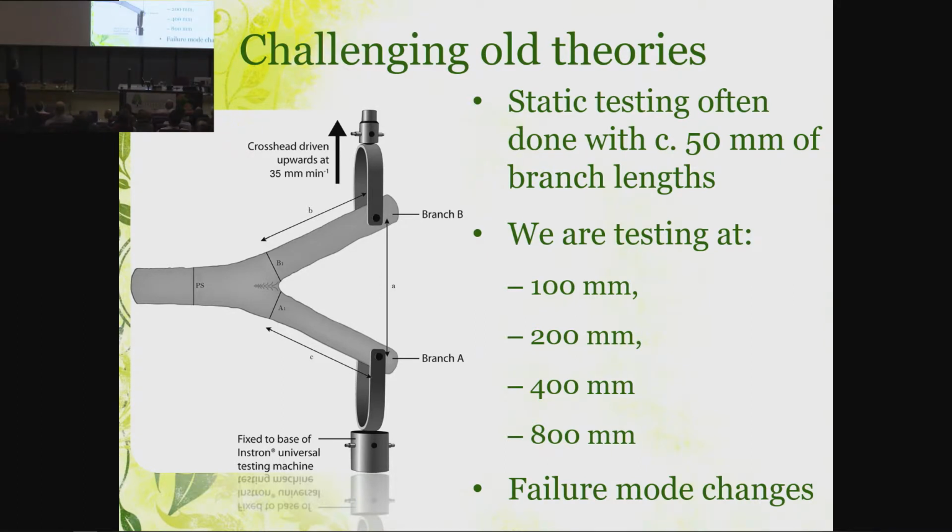Right, okay. So we've actually done, I'm only part of the way through this experiment, but it's looking very good, so I will share it. Some of this data about the codominants being weak comes from papers where they've essentially pulled them here in a machine. Okay. Are they loaded like that in reality? This is actually about a 4-meter long branch. So all we simply did was we loaded it at 100 mil, 200 mil, 400 mil, 800 mil, the same sort of size junctions. As soon as you started getting 400 mil, some of the branches started breaking rather than the junction. You get 800 mil, the majority are breaking in the branches because you're allowing the branches to flex. Given that is like 4 or 5 meters long,